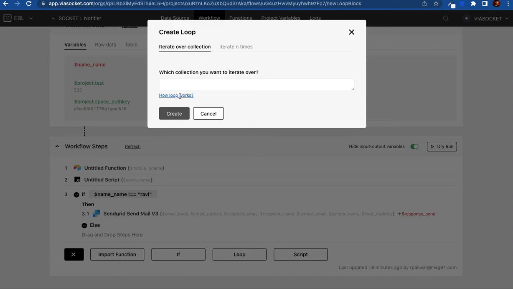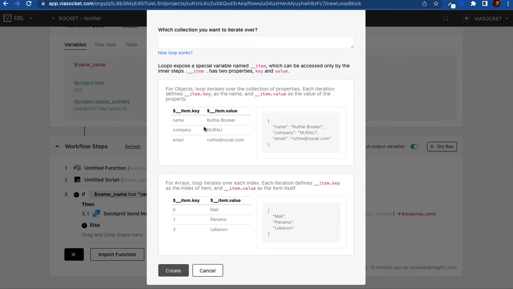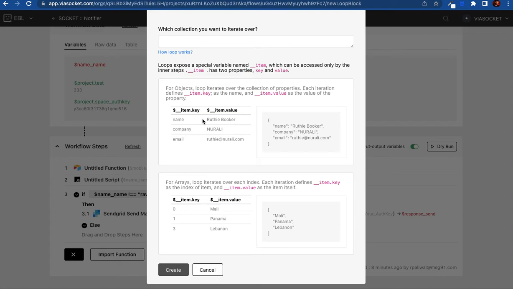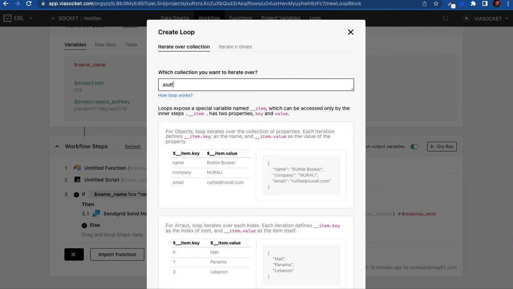So how does the loop work inside this? Here is an example. When you do the sign up, you can check how the loop works. We do not have any data right now which can be looped or shown using the loop. Therefore we are skipping this part, but you can create the loop. For example, we are creating a dummy loop,